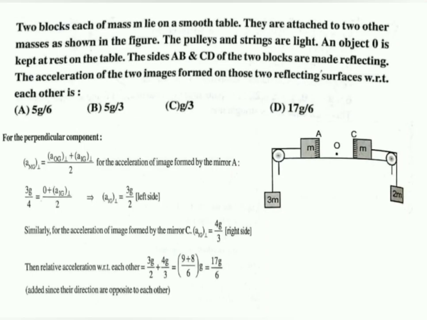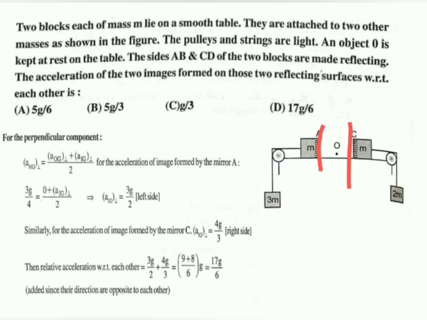That is the one question. Now the next one is related to acceleration. Instead of velocities, here they have asked you the relation between accelerations. Read the question carefully. There are two blocks which are connected to the plane mirrors. So A is a plane mirror, C is also a plane mirror. This part is mirror, again this part is mirror. And we have kept an object stationary. Object is not moving. And we know these two blocks are placed on frictionless surfaces.